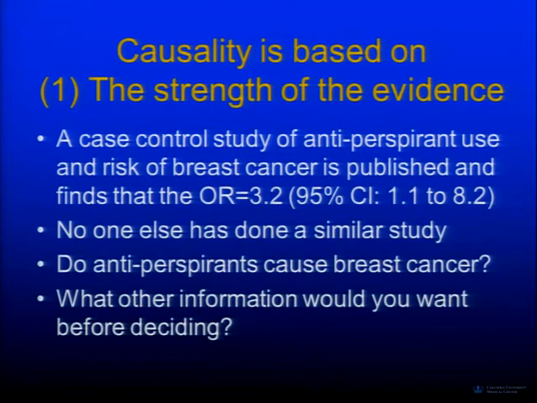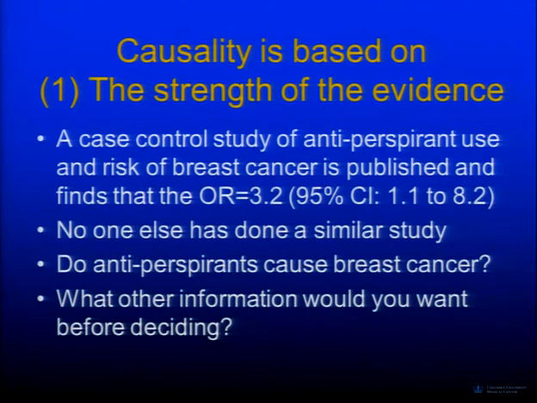And the answer is, you want to say, what other information do I need? What other information do you think you would want before deciding on this? Anyone have any ideas what else you would want to see? Yes? So you might want to look at confounders, things like hormone replacement therapy, make sure that result is real. Yes? A cohort study, so you might want another study, and you're going for a stronger study design too. Yes? Right, you could look for a case of dose response as well. So you got a lot of it.